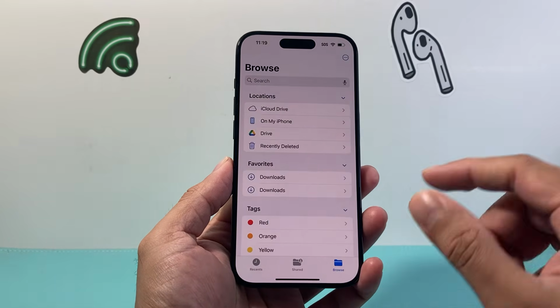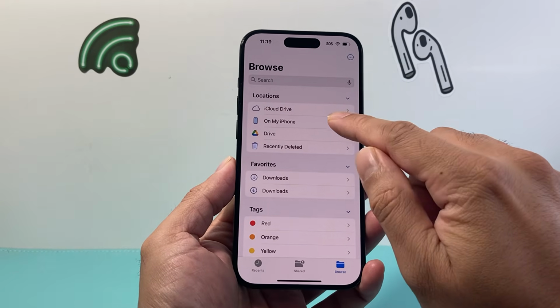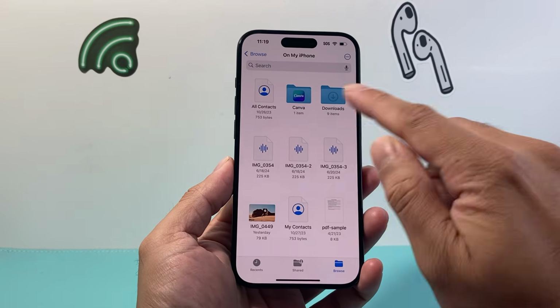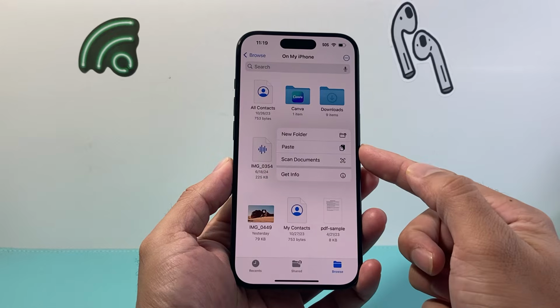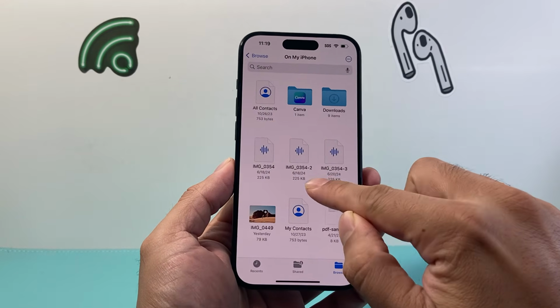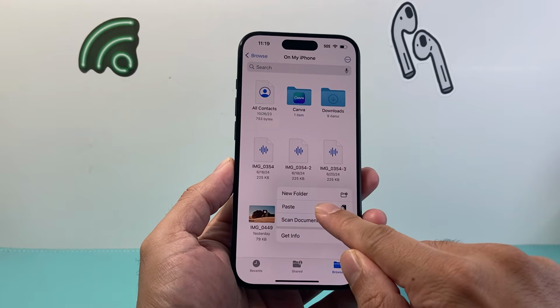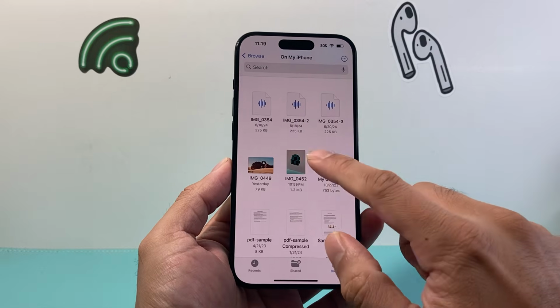Click on Browse here, and then you want to select any of the locations. Doesn't matter, whatever the location is. I'm just going to choose On My iPhone. And right here, you're going to press and hold in any spot like this until you have this option that will paste. Again, all I'm doing is just pressing and holding in any spot beside the files that are there. Then I'm going to click on Paste, and it's going to paste that photo for us,